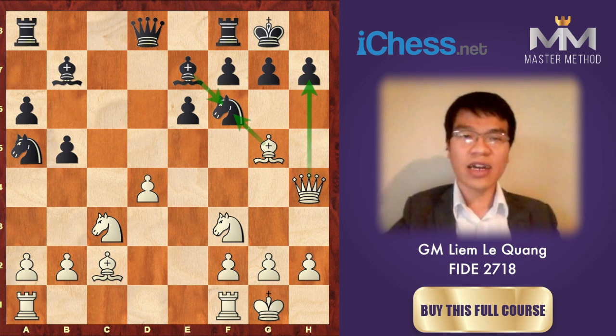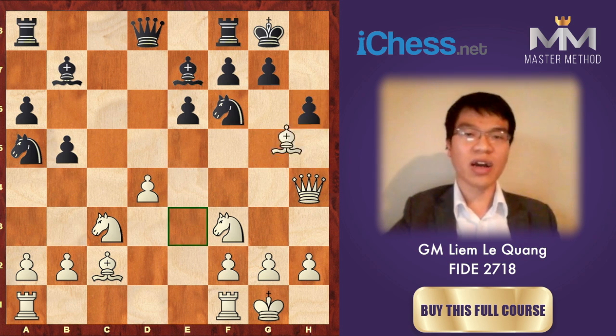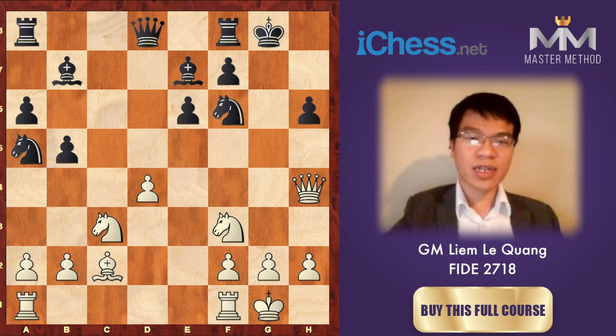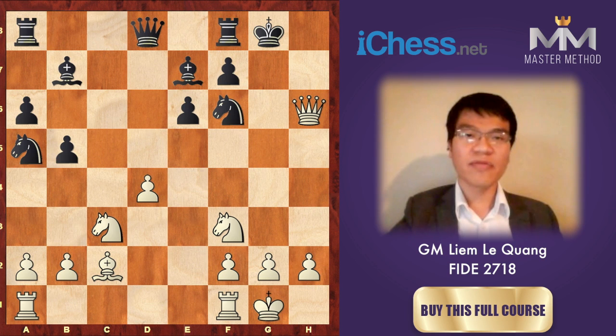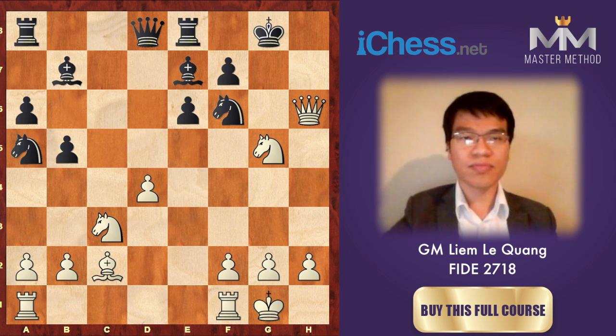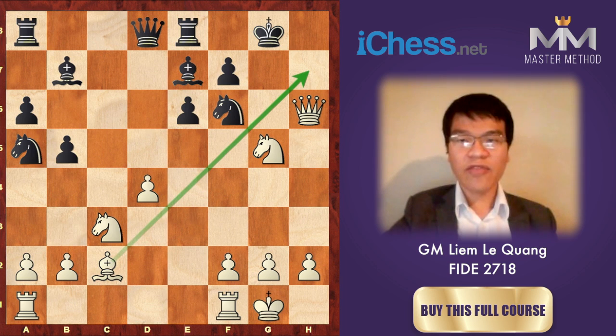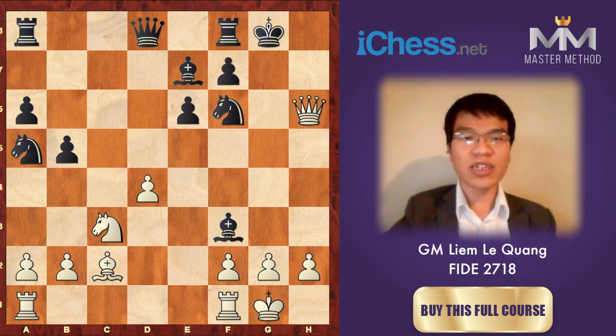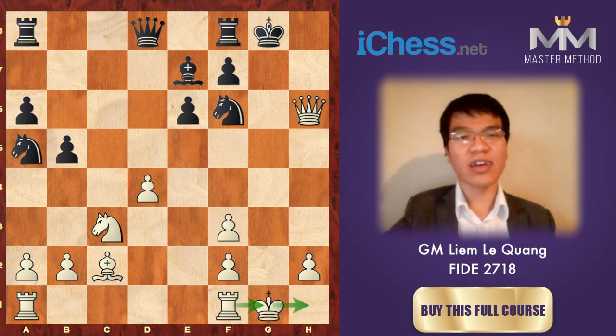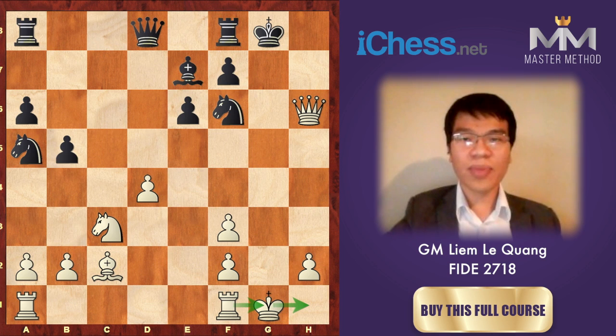It's worth noting that h6 again doesn't work because of bishop takes h6. By now you should be familiar with this pattern. g takes h6, queen takes h6, and white threatens knight g5. So, for example, if rook e8, then knight g5, and white is winning with the threat of bishop h7. And if not rook e8 but bishop f3, then g takes f3, and there's no defense against king h1 and rook g1 check. Therefore, black has to play g6,